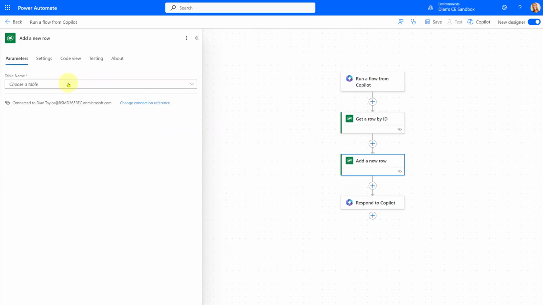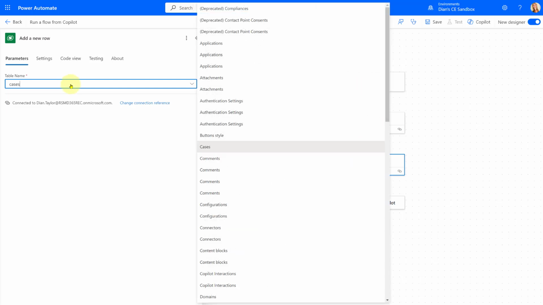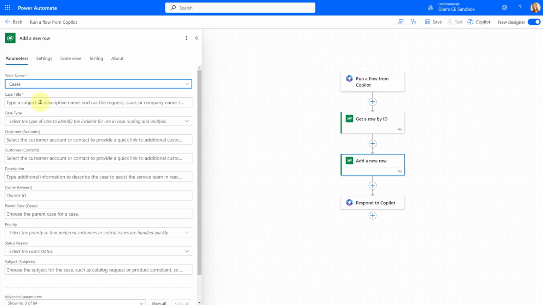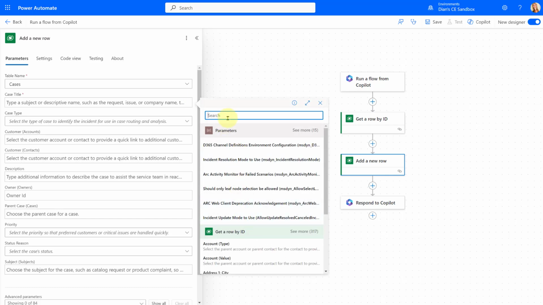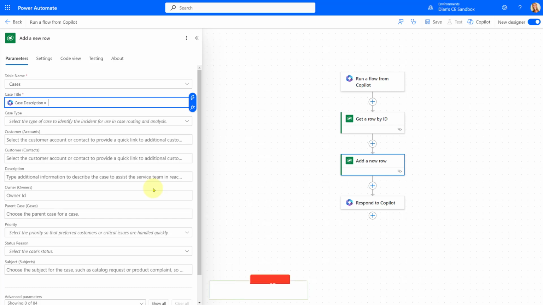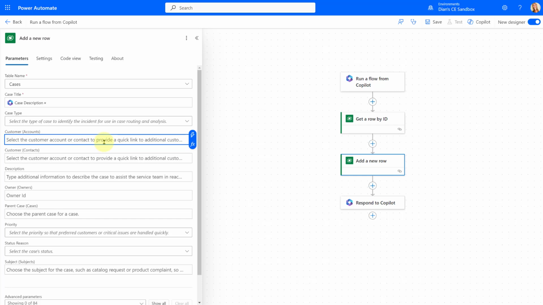And this is going to be a case, right? So I'm going to say cases. There we go. That's my table name. And for the case title, I'm using that case description, right? So the case description that we're asking the seller for. Now, again, I'm going to keep this very, very simple. Now, we want to set the account as the customer. So I'm going to say accounts,